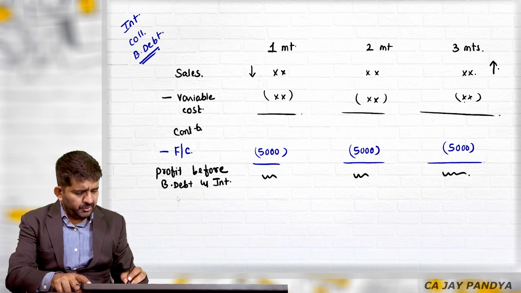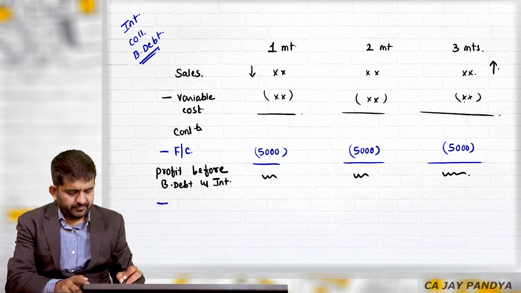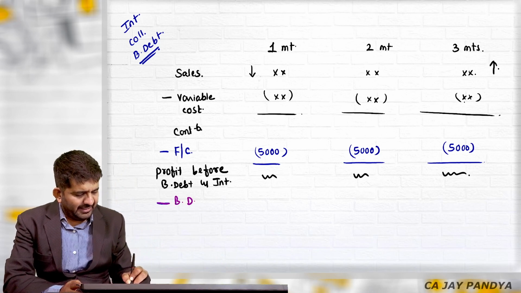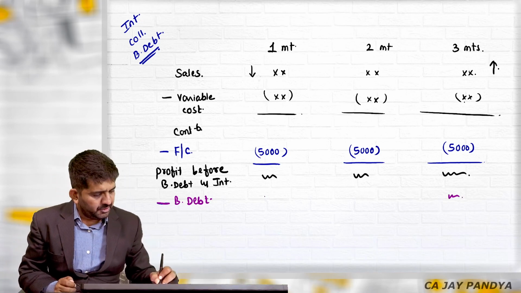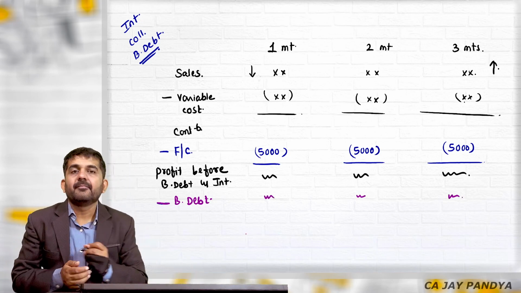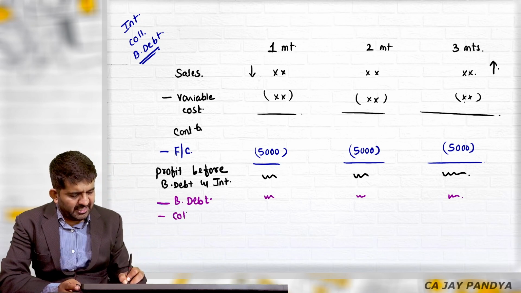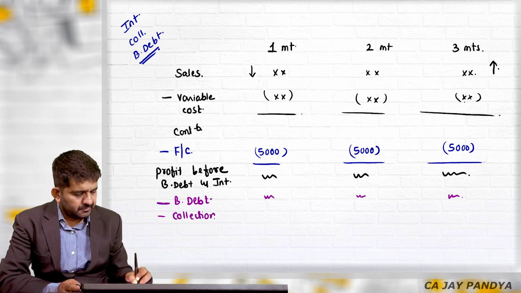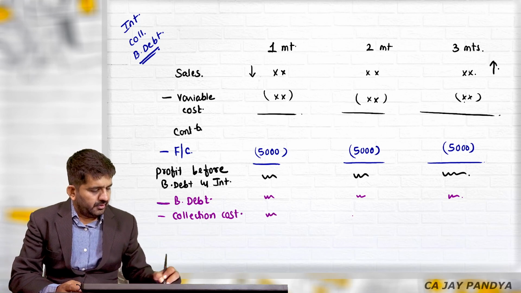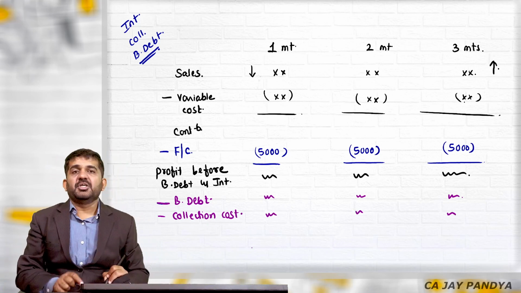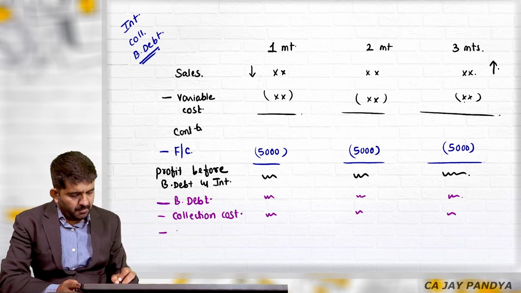What I need to reduce from this? Minus bad debt. Of course, it will be higher in 3 months. It will be lower in 1 month. Minus collection cost. Again, it will be higher in 3 months. It will be lower in 1 month. Minus